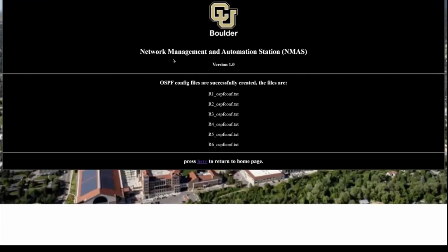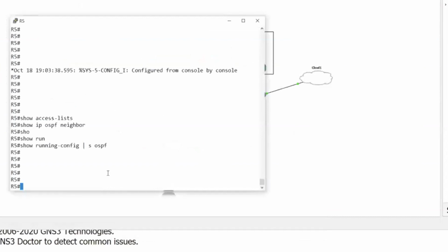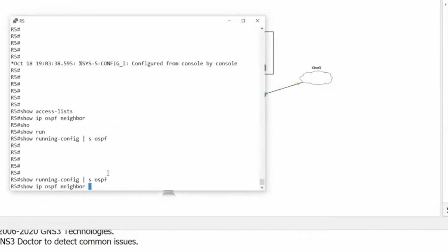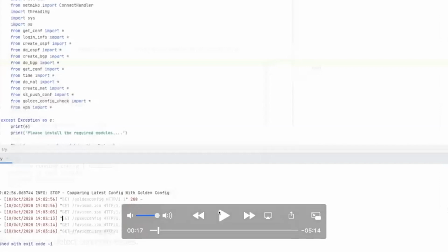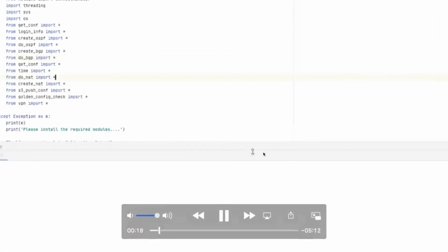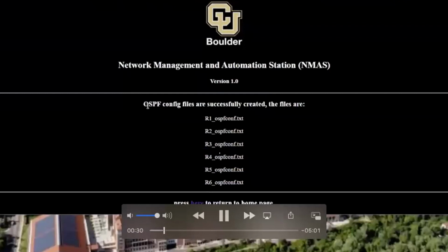So this is a screenshot of pushing the configuration files from the templates. And here I'd like to show a small video of our code running. So this is the topology. As you can see, we do not have any configurations on any of the routers right now. Now we run the script. So as you can see, the files have been created successfully,